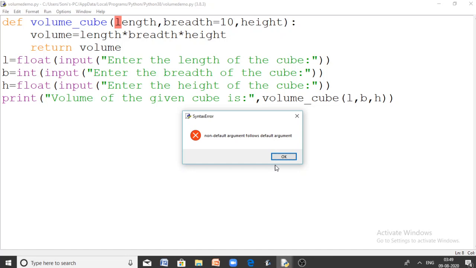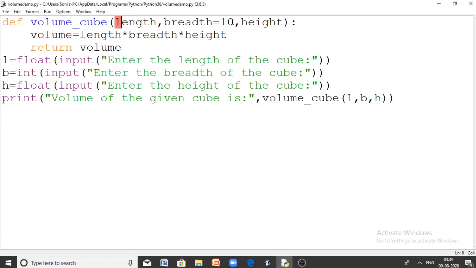So what you want to do is change the order. Here the non-default argument should not follow the default argument. In that case, instead of LBH, let me assume LHB. Now all three arguments are passed. But even though there is a default argument, how does the program behave? Let me give the values